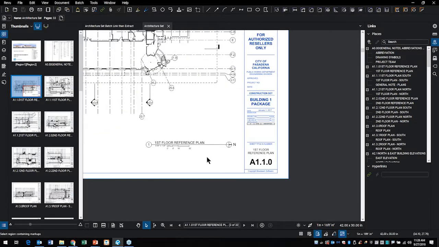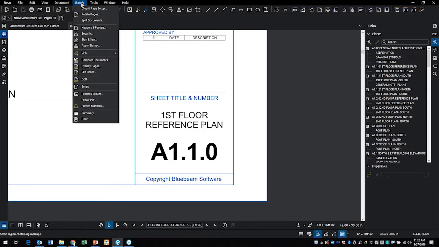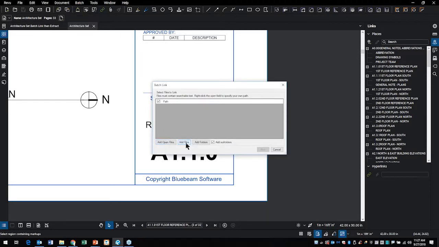What I want to do is use the number to generate my hyperlinks. So I'm going to come down to the batch option. This is in the Extreme product. I will choose, under batch link, create a new link. Now what I'm going to do is add my open files. I don't need the file that is the batch link and extract, so I'm going to take that one out, and I'll pick